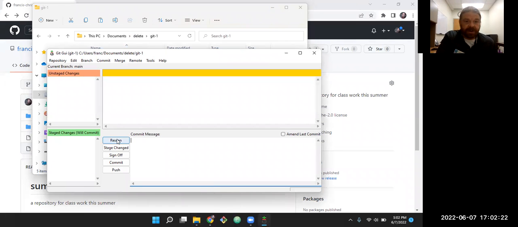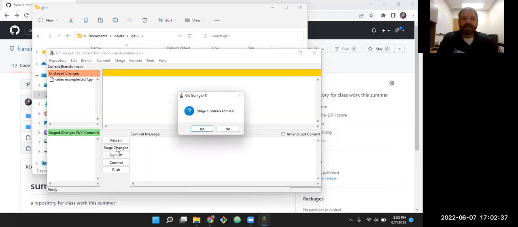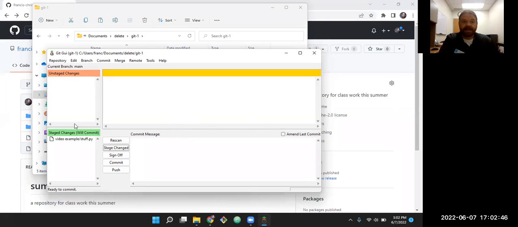So we can come over here and go through these buttons right in order. So rescan starts at the top. So there's the change. So notice something has changed there. State changed, stage changed. So we're just going right through these buttons in order. Untracked files, yep, do that. And it'll bring it down here. So unstaged means it's not,